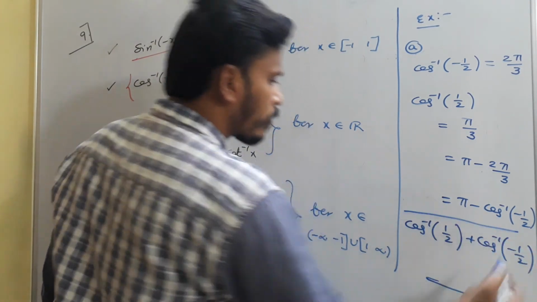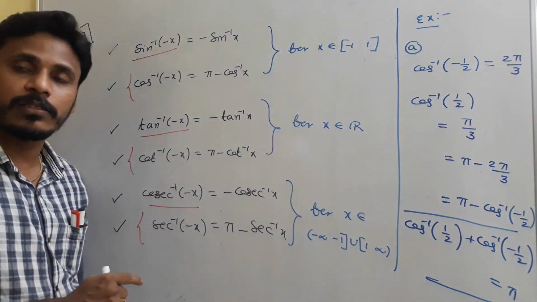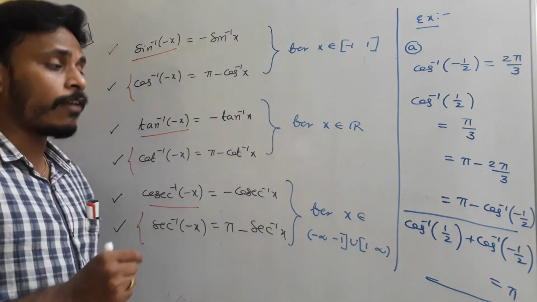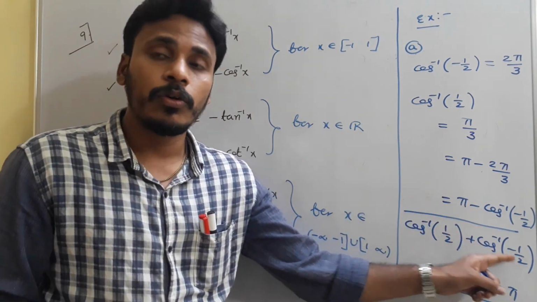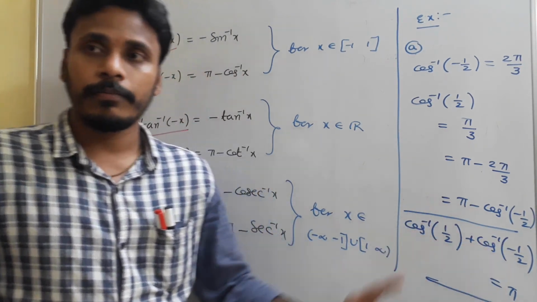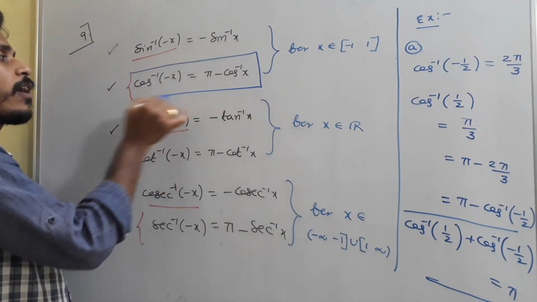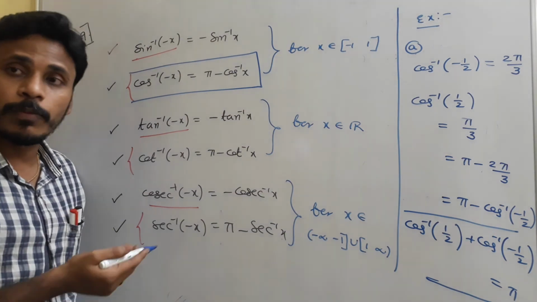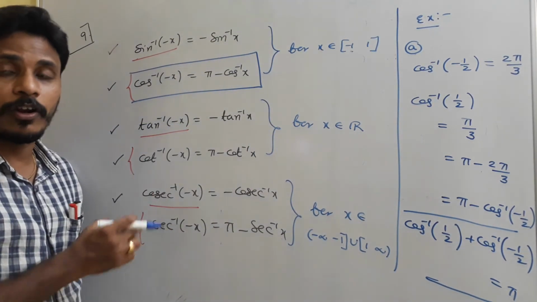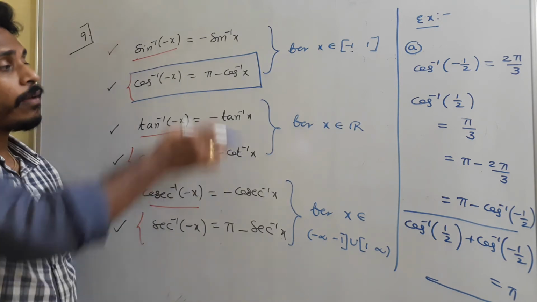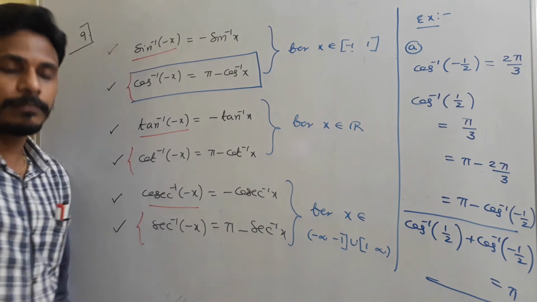So just observe this. For cos inverse, cot inverse and secant inverse, the inverse trigonometric function of a number and the inverse trigonometric function of its negative, if you add these two, you will get pi. So we conclude that cos inverse of minus x plus cos inverse of x is pi, where x may be any number in the domain. I just mentioned one example related to this. We need to accept all these things, and if necessary we need to use them. Have a look.